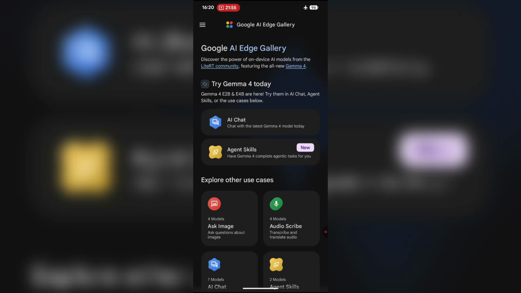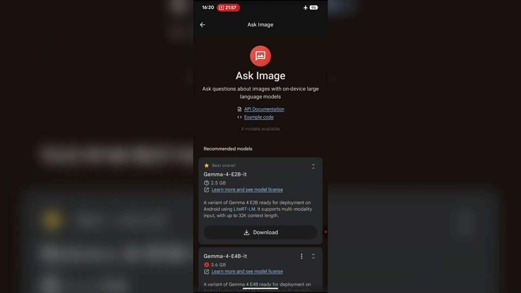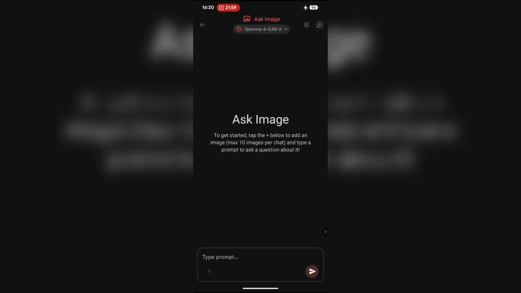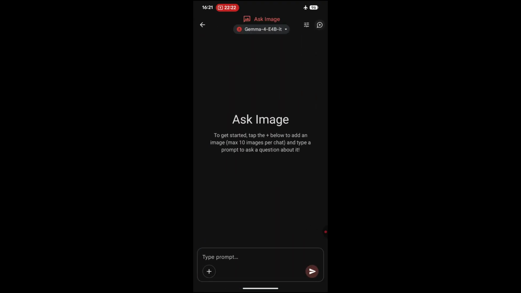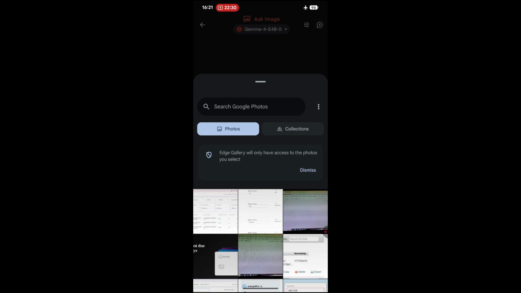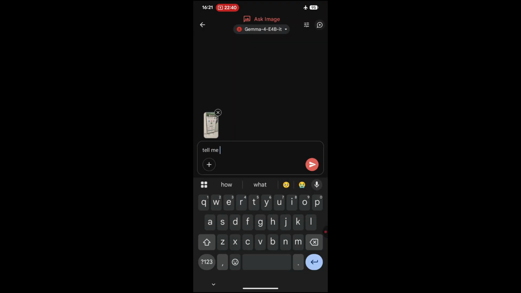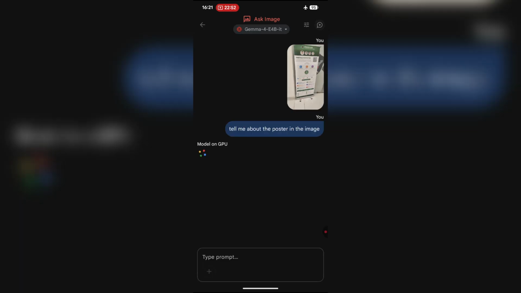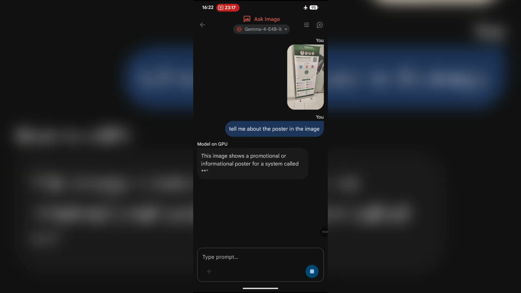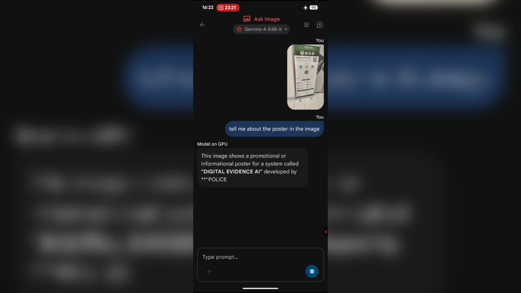Next, I try image inference using the same model, still in airplane mode. I upload a random image from my gallery and ask the model to analyze and summarize it. In this case, the image is a poster that I captured somewhere. The model uses its vision capability to understand the image and gives a pretty decent summary of what it sees. Honestly, that is amazing. Offline text plus offline image understanding, all running locally on a mobile device, is a huge